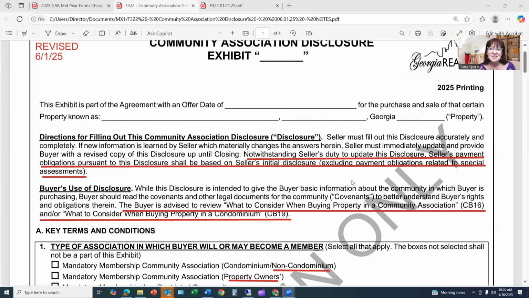So what this new edition is saying, the seller's financial obligations at closing regarding what they put on this form is based on what they initially put on this form. They still have a duty to update it, but that does not change their financial obligations if they put a price too low or did not disclose a fee. The only exception to that is related to a special assessment.